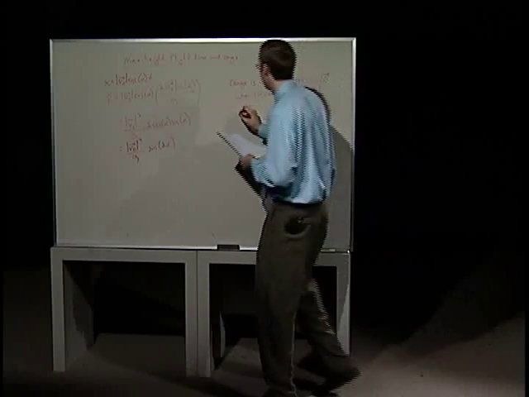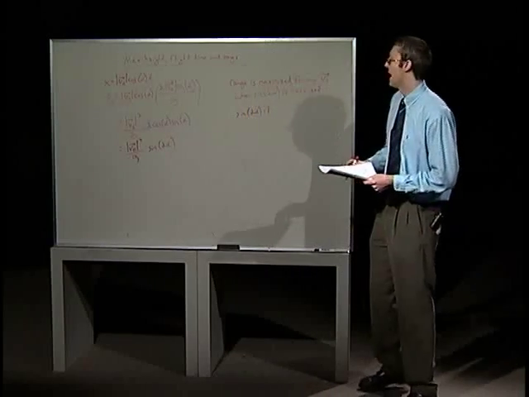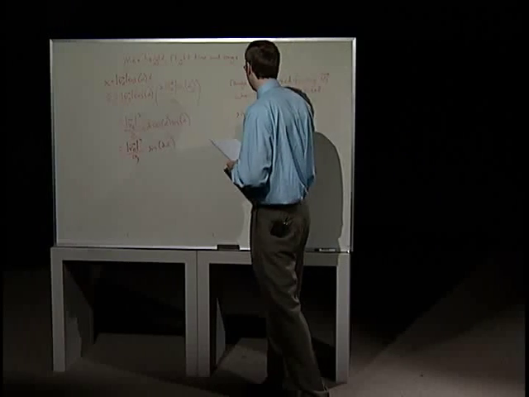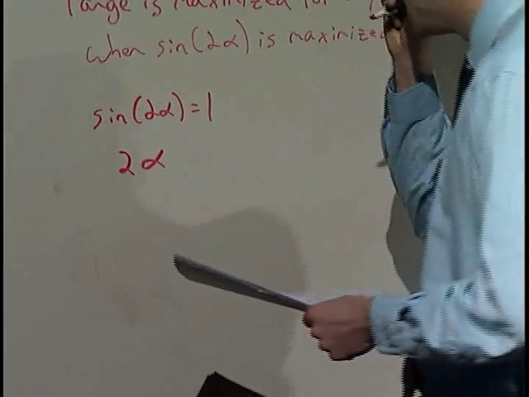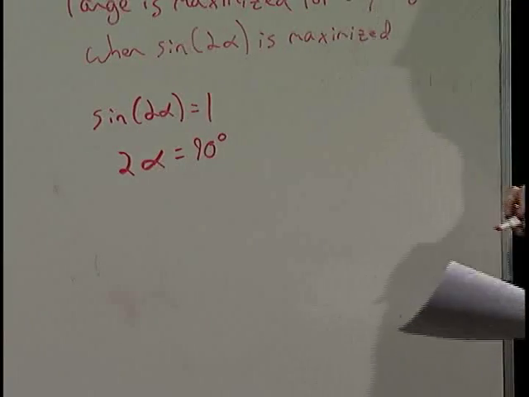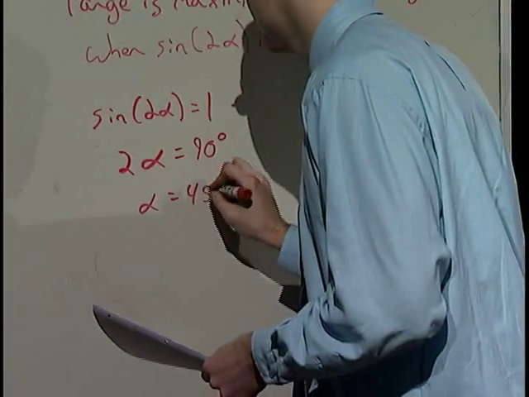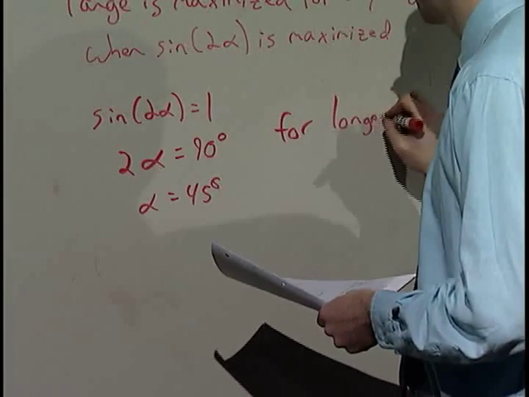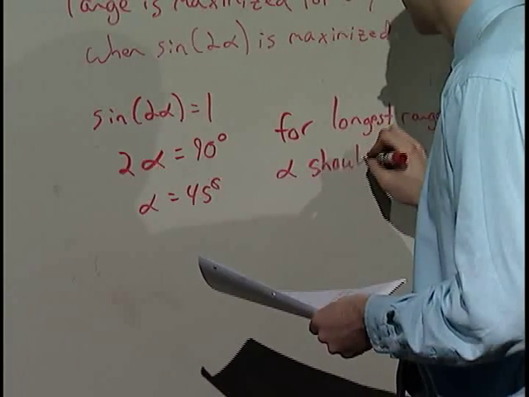Well, the maximum that sine can ever be is 1. So sine 2 alpha can at max be 1 also. And so, what do we do here? Take the inverse sine of both sides. The inverse sine of 1 is 90 degrees. So 2 alpha equals 90 degrees, and alpha equals 45 degrees. So for the longest range, alpha should be